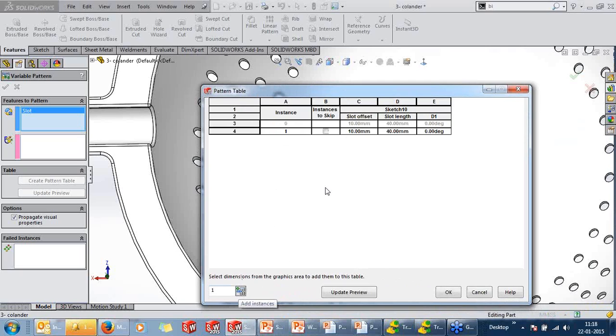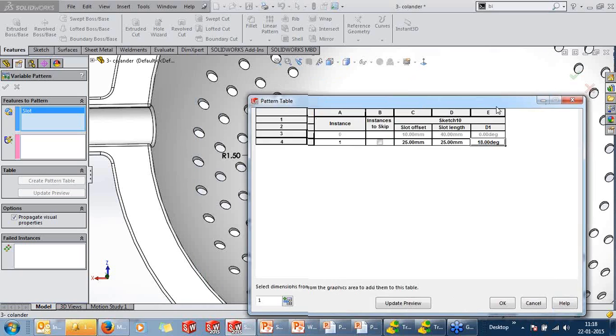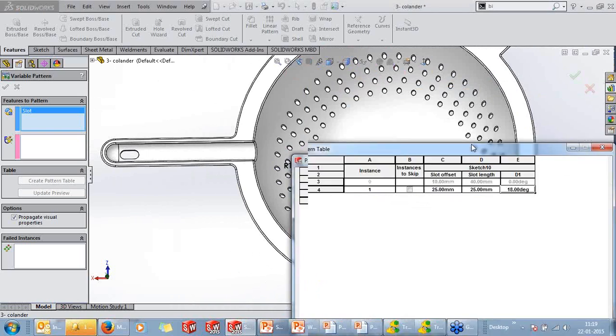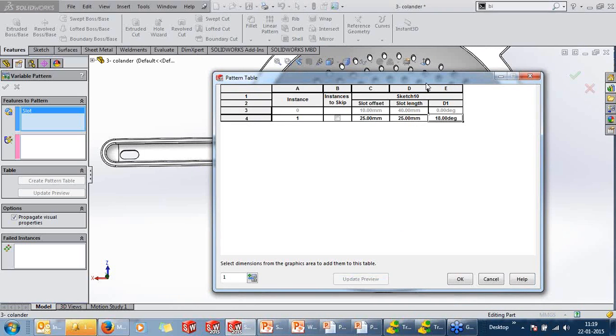I'll create a new table and add a row for it. If you want to make some changes, I want 25 mm for the slot offset, 25 mm for my slot length, and at 18 degrees I need a slot. A preview is also available, so you can just look at the preview.